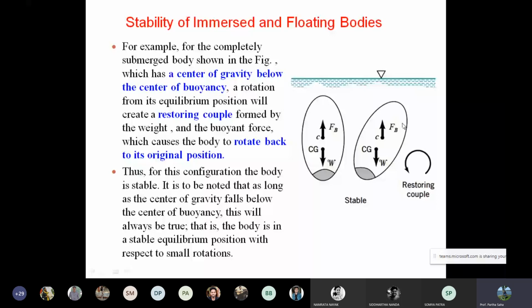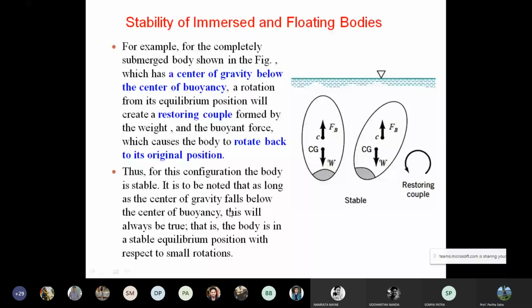But it tries to bring it to the center of gravity. The moment it is pushed to this position, the center has moved from this position to this position. But the buoyant force will always try to bring it back to the original position, that is, in the same axis as the center of gravity. So this body will try to return to its original position by this restoring couple, right? Because the center has moved to the right hand side, it will try to move it back to its original position, in the same axis as the center of gravity. So this restoring couple will act on it, and the body will be stable. That is how it's been explained here.